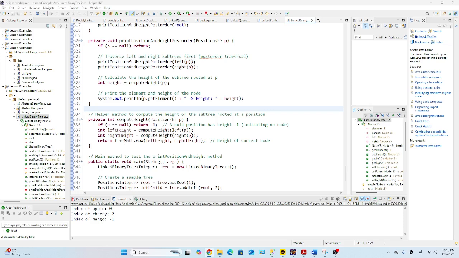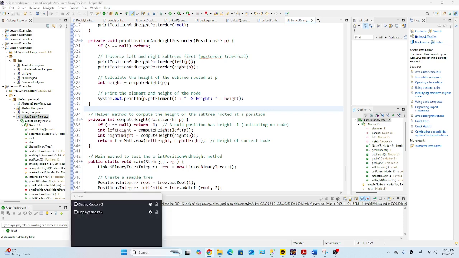Here's the return. The height of the current node is 1 plus the maximum of the height of its left and right subtree. So as the purpose of this code, when it comes to the base case, if the position is null, it returns -1 indicating no node is present. And when it comes to the recursive case, it computes the height by recursively calculating the height of the left and the right subtrees and then